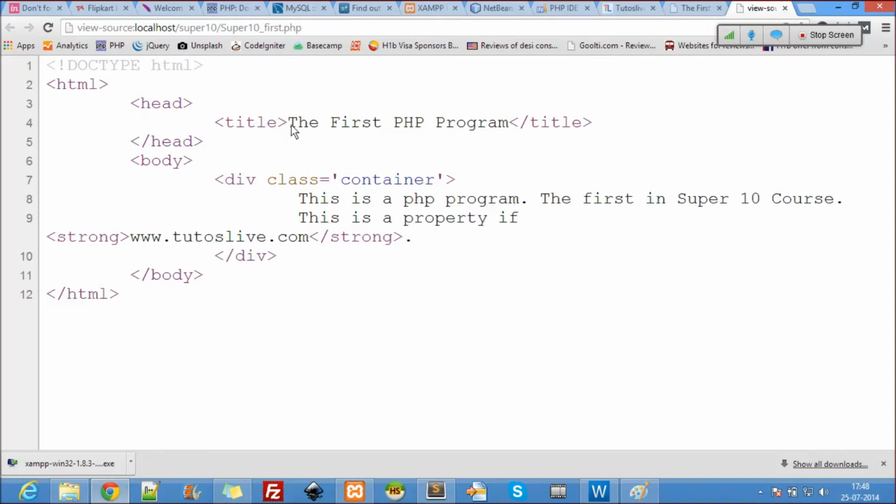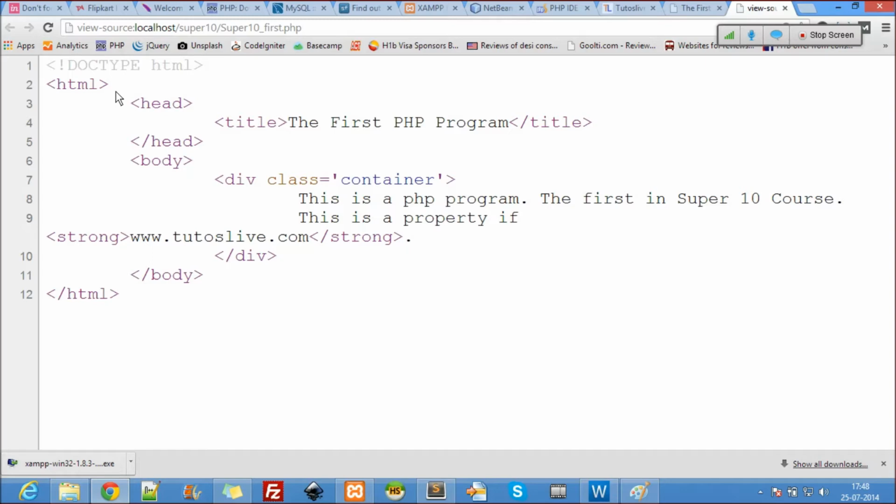You can see here, this was PHP in our code, and even this one. But the browser cannot understand PHP. And there was a PHP code here too, right? There was a PHP code just before this doctype HTML. Even that's not visible to us because the browser cannot really understand PHP code.